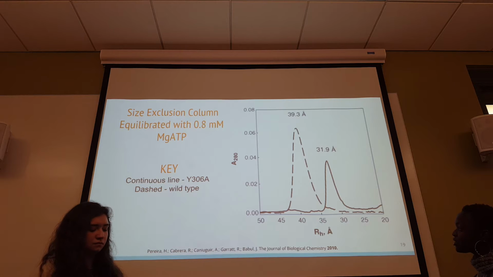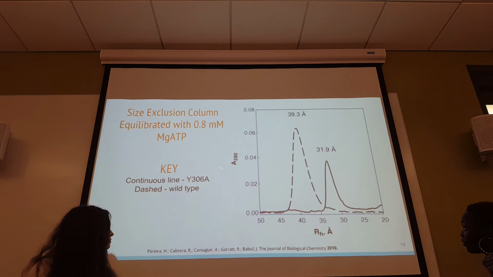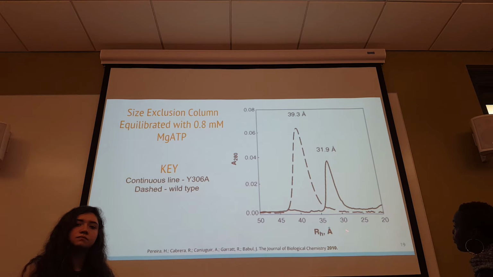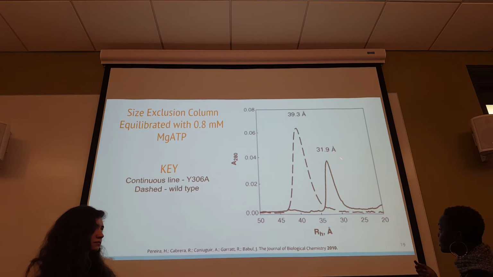We have the dashed line, which represents the wild type enzyme, and our continuous line is our Y306A mutant. You can see here that at high concentrations of our substrate MgATP, 0.8 millimolar, we have this RH value for our wild type, whereas at the same concentration of our substrate ATP, the Y306A mutant does not show a similar RH value. This indicates that even at high concentrations of the ATP, which is the allosteric inhibitor of PFK2, the Y306A does not undergo that dimer to tetramer